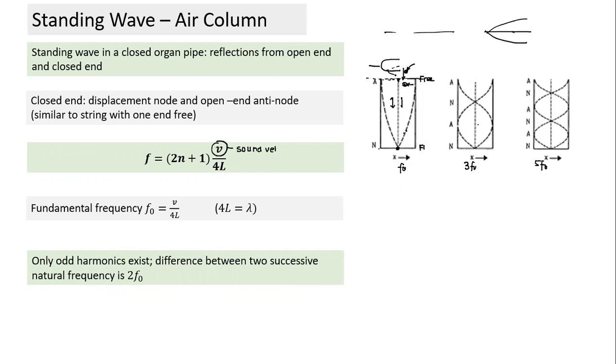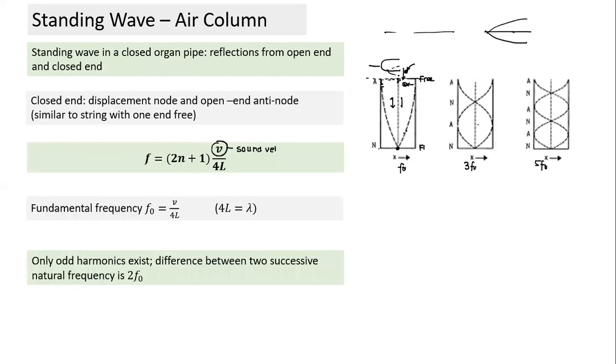Sometimes people question in what way the particle just inside is different from outside. It is different because it is confined air. Within confined air, the pressure can change. Whenever displacements are not equal, it will lead to pressure variation. So pressure variation can happen inside, but cannot happen outside. That's the only difference. Since a node cannot form logically, and this is a boundary condition, by process of elimination this has to be an antinode.